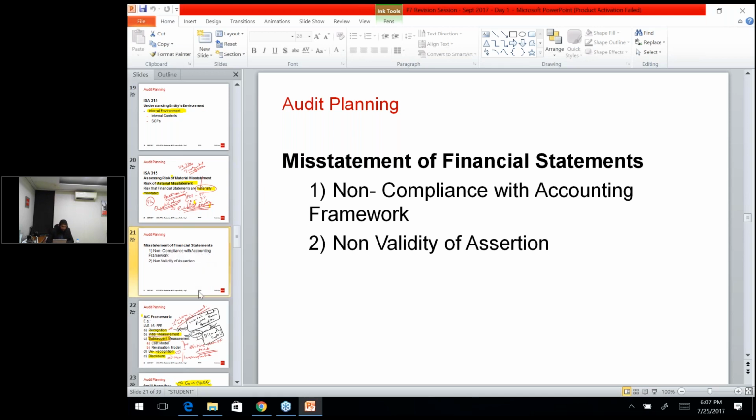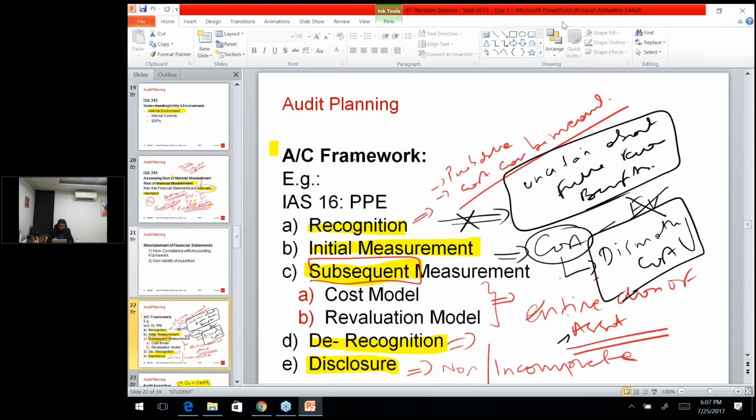And that is considered to be misstatement. I gave an example of IAS 16 Property, Plant and Equipment. So we gave an example of IAS 16, in which we talk about the various things, which is about recognition criteria, measurement, initial measurement, subsequent measurement. So we talked about the various things, and what I did discuss was